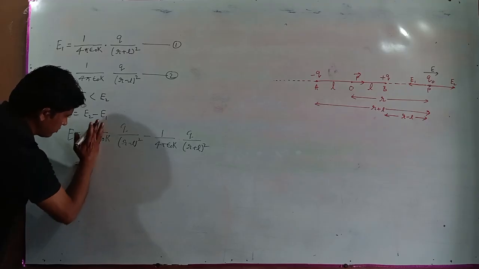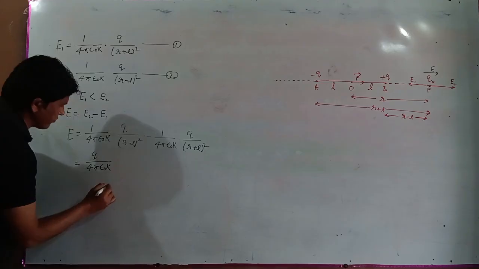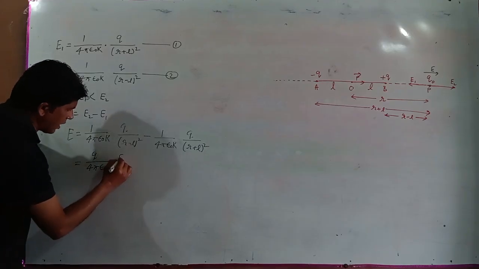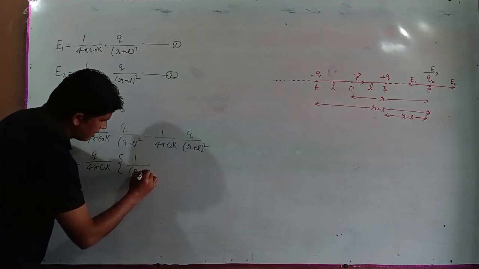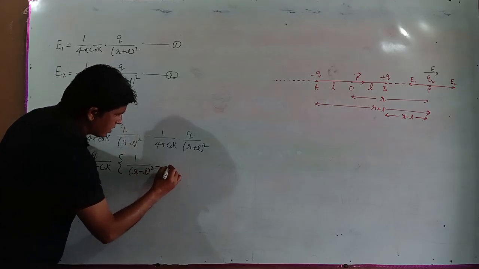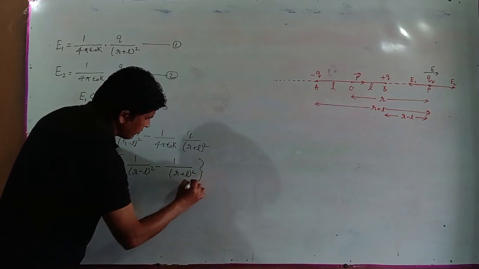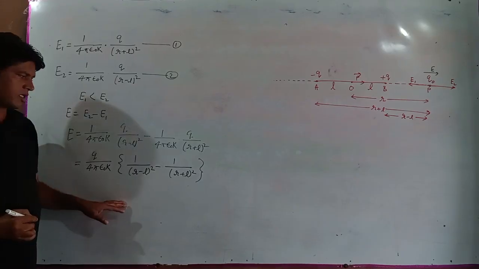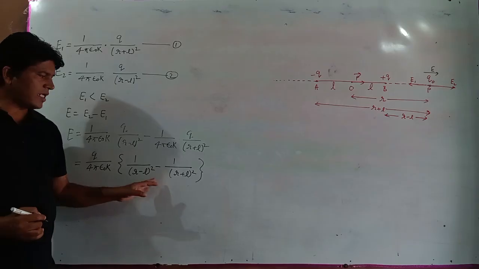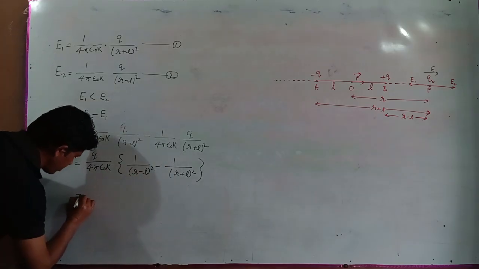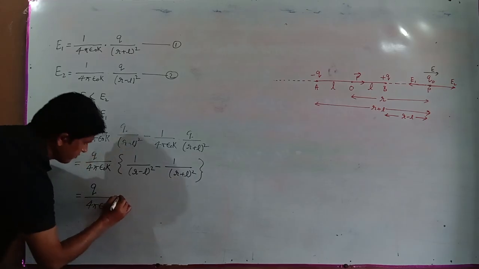So Q upon 4 pi epsilon naught K, open curly bracket, 1 upon (R minus L) whole squared minus 1 upon (R plus L) whole squared, close curly bracket. In the next line, we take the LCM of the denominator and solve the numerator. We get Q upon 4 pi epsilon naught K